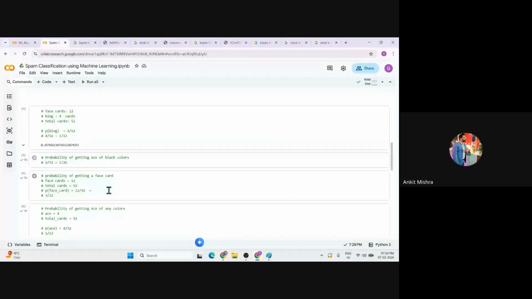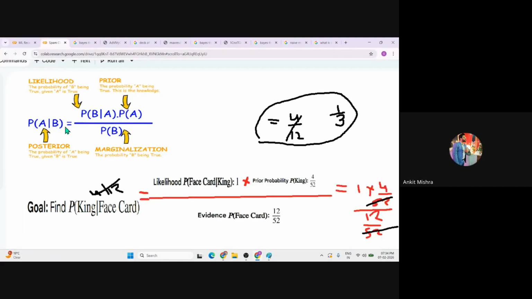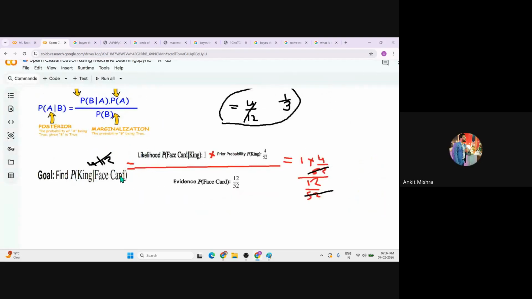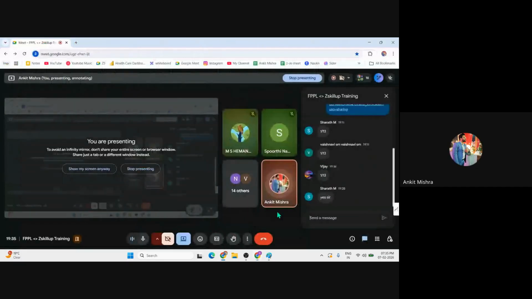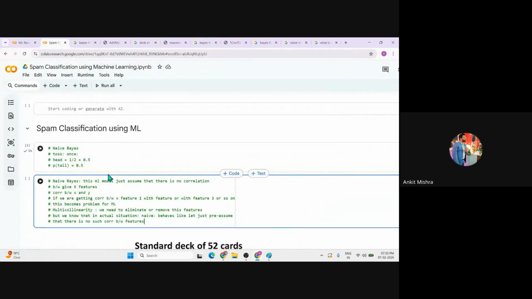The Bayes theorem is something like this: the probability of A when the event B is already given, followed by the probability of B, and then some individual probabilities, like the probability of A and the probability of B, right? And you can get this example with the help of the probability of a king when a face card is given, and so on, right? I hope everyone is getting my point. Can you just write in the message box, class? Is that clear? What is the meaning of naive and Bayes in the naive Bayes ML model, right?